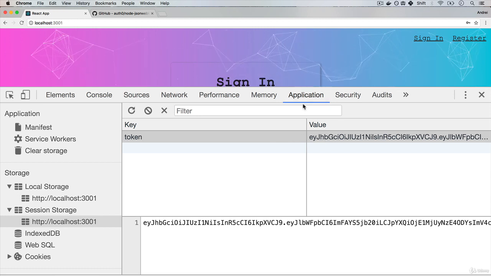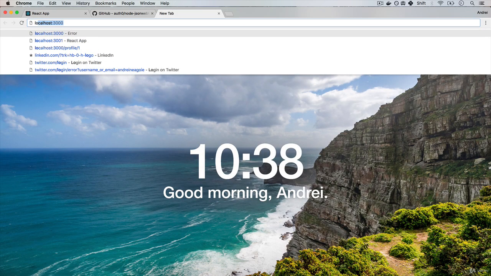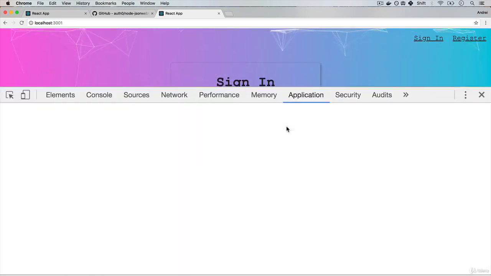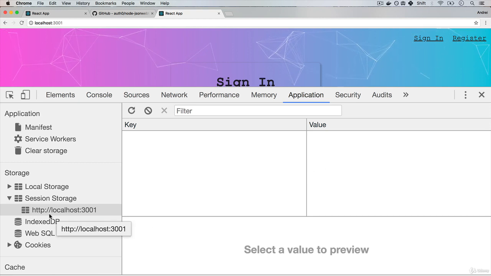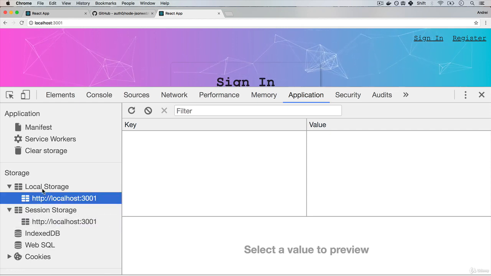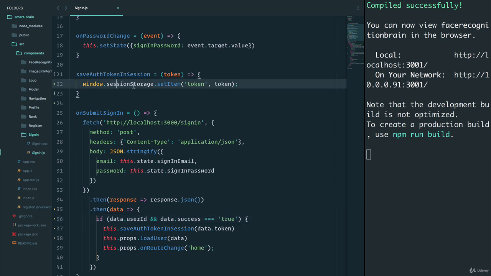I can refresh, token exists. If I open up a new window and go to localhost 3001 and I open up developer tools, there's no session in here. That's not good. But what if we add local storage onto here? Instead of session storage, if we do localStorage